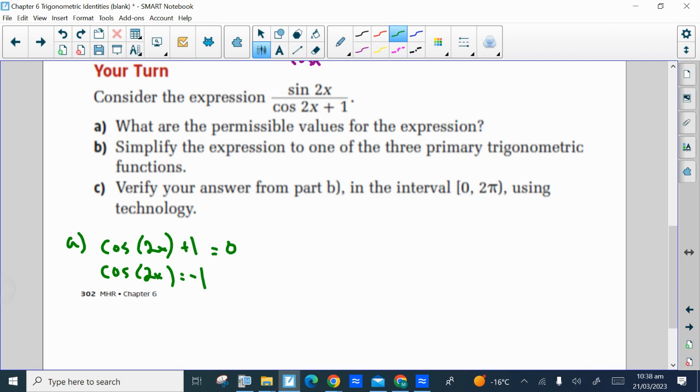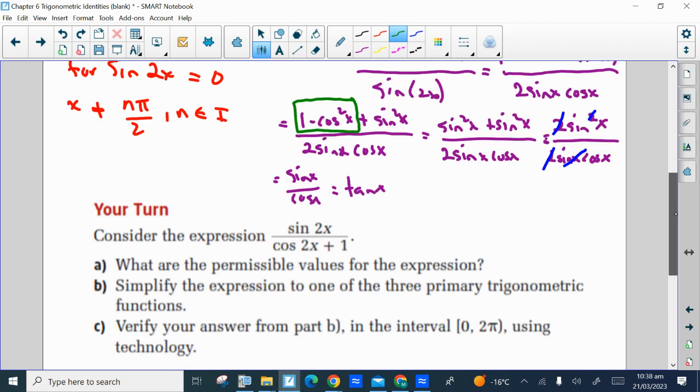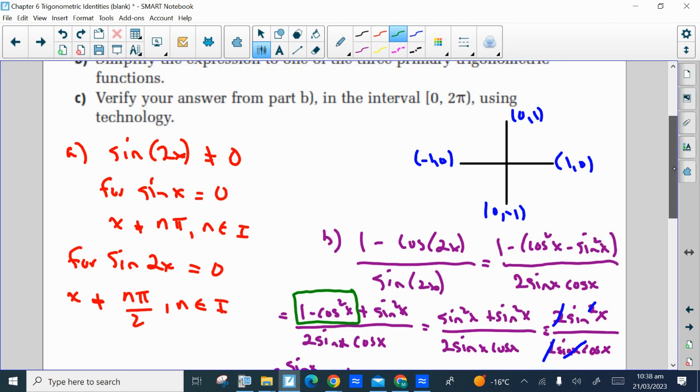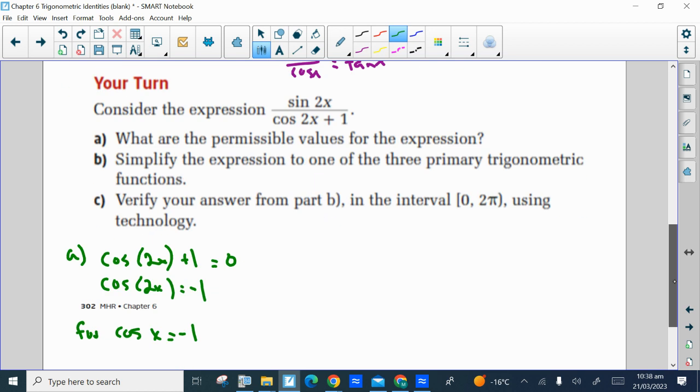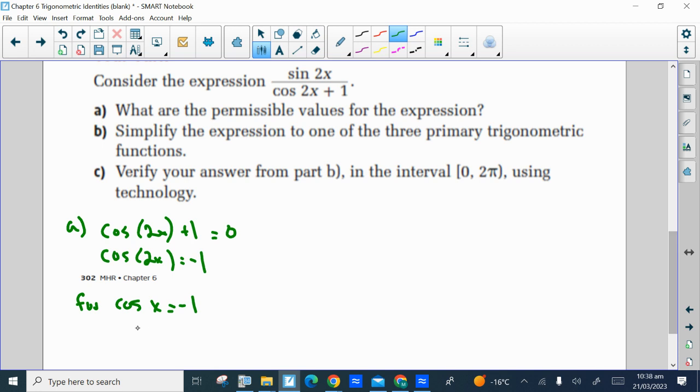So like we did before, let's first find where cosine of x equals -1. Remember, that's from our unit circle. Cosine is the x value. It equals -1 at pi radians. So x cannot equal pi radians